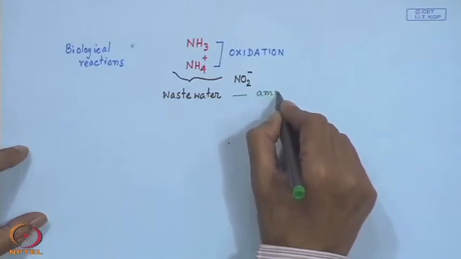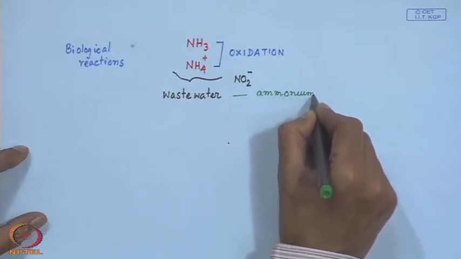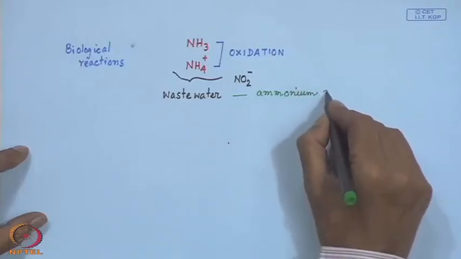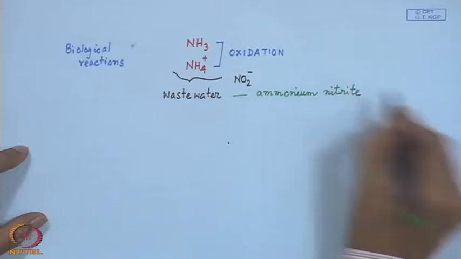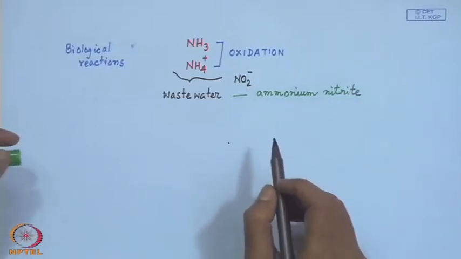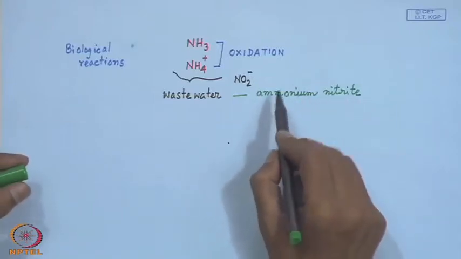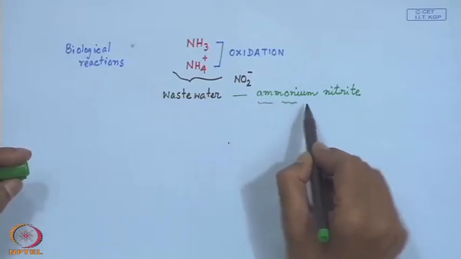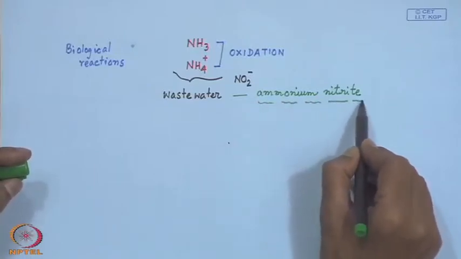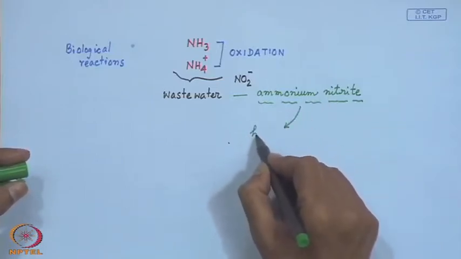The presence of ammonium nitrate is therefore a typical concern, because a high level of ammonium nitrate is not good. These are harmful for our health. They can have some severe health effects. So, this is basically harmful